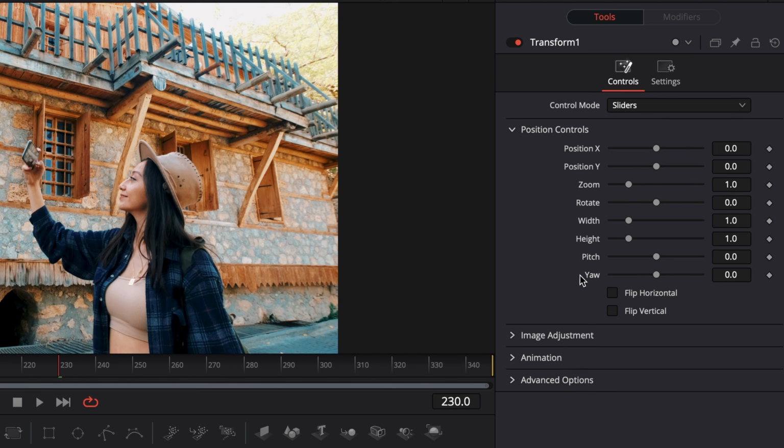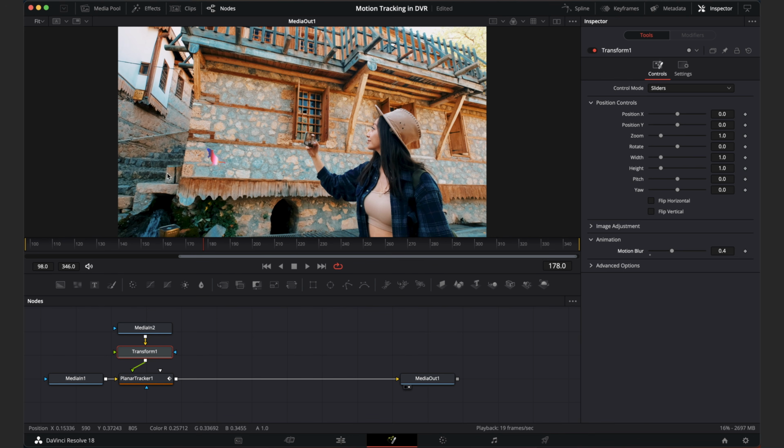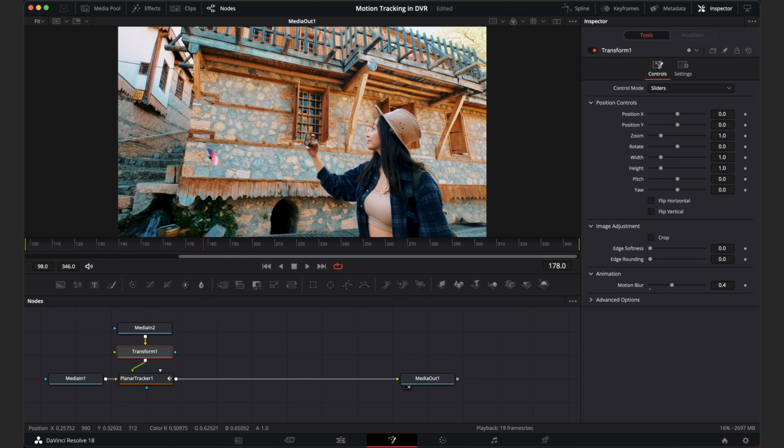But what I do want to go through and change here is in animation, we can change the motion blur, because as we move through, there was a little bit of motion blur that the planar tracker was picking up. So I'm just going to add a little bit of motion blur to this. And as we do move through, that motion blur data should be transferred to that image. I also just want to add a little bit of edge softness as well, because it is slightly further in the background. She is obviously in focus. The background is slightly out of focus compared to her. So we'll just add a little bit of softness to the edges of this rat.